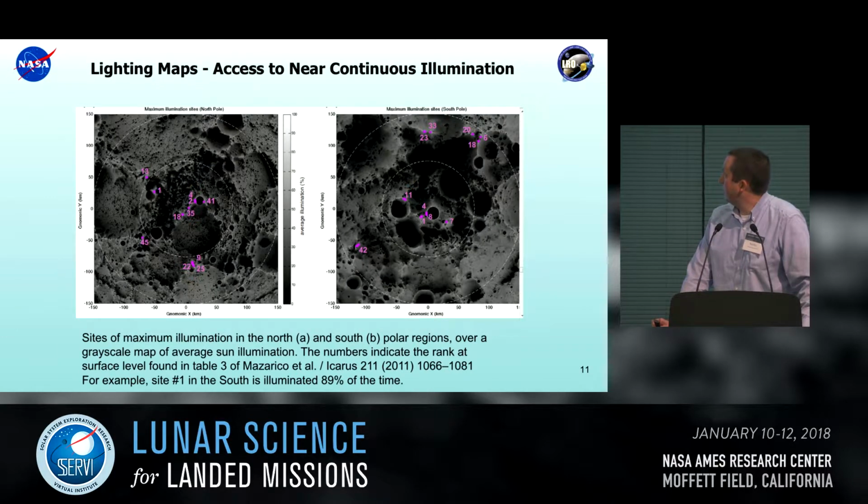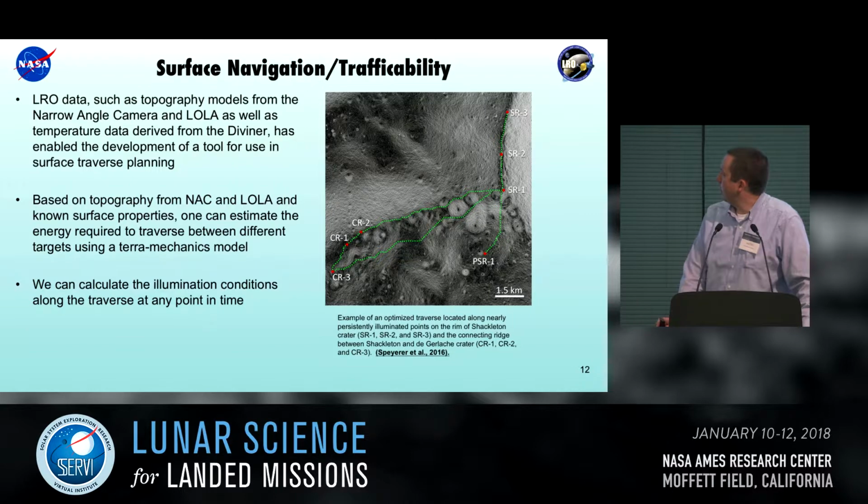This is pulling off of that a little bit, but also looking at areas that receive quasi or near permanent solar illumination. We haven't found any areas that receive full illumination over the course of a lunar day, but areas that receive extended periods of illumination. And that leads to a really nice product that the LROC team has produced that incorporates